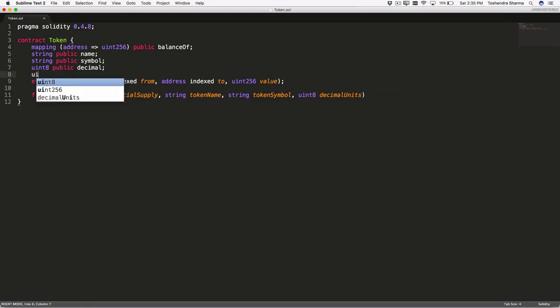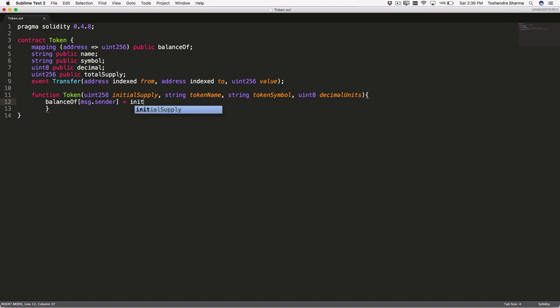Also we need to put the initial supply into a state variable over here. So let's create the total supply as a public state variable. Let's call it totalSupply. This will track the total supply of the token, right? How many tokens are available. So here we need to initialize these variables into the state variables in the constructor of the contract. So let's put the balanceOf into the message sender's account. Whoever will be sending this message or executing this contract, the initial supply will be allocated to that person, right?